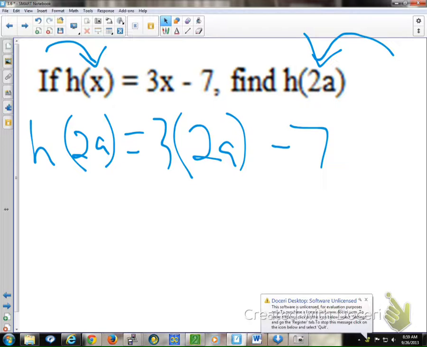Why did you keep the letter this time? I didn't keep the x. The x was the original. I got rid of that. But I plugged in what it told me to plug in. I'm just a follower when it comes to math. It tells me to plug it in, I plug it in.